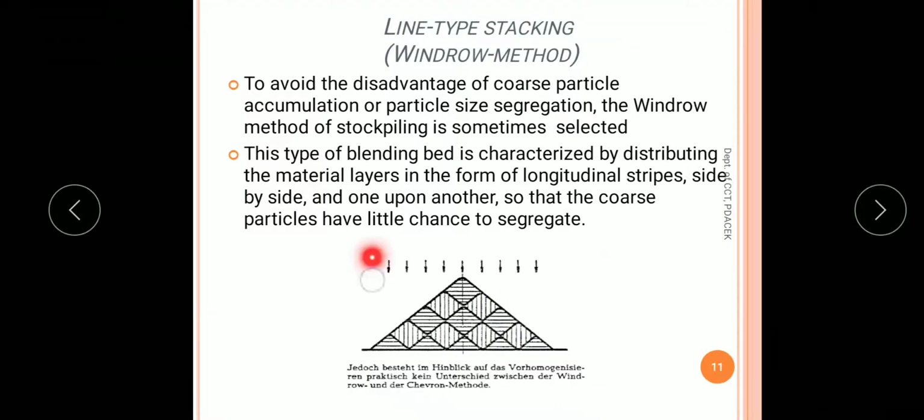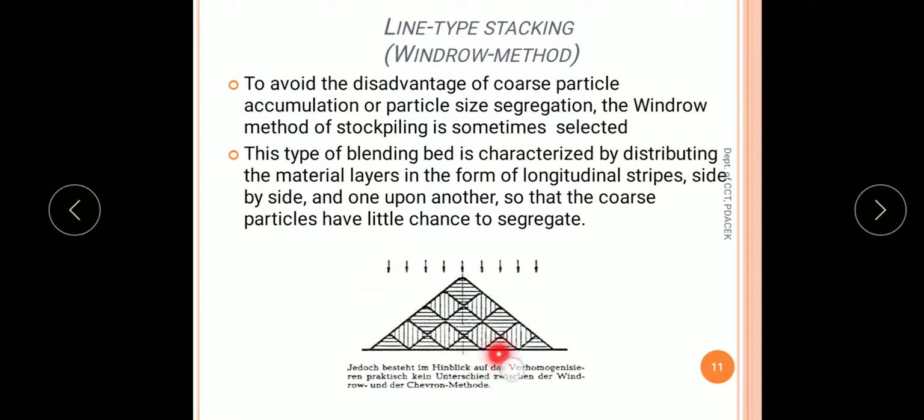Like this they make the whole stack, and then they cut it in this manner and get a combination of all of these. Imagine this as a cake and these are all different ingredients. When you slice this cake in this direction, you will have a mixture of all these components in your slice. That is how pre-homogenization is carried out.